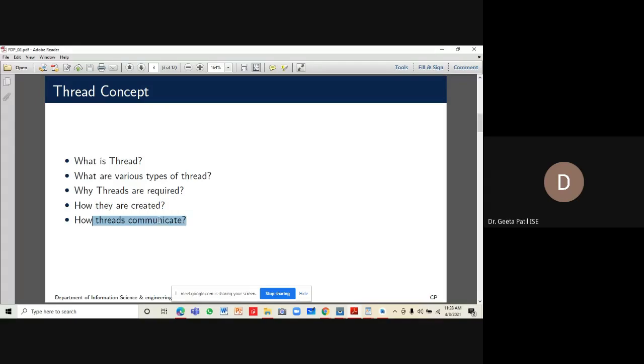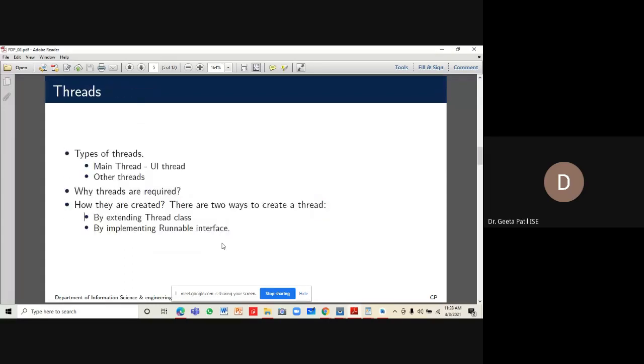And for communication, we use a handler and the message queue. So when a child thread wants to send any message, it will be added to the message queue, and the main thread will read it from the message queue by using the handler object. So this is what we have covered in our first topic.